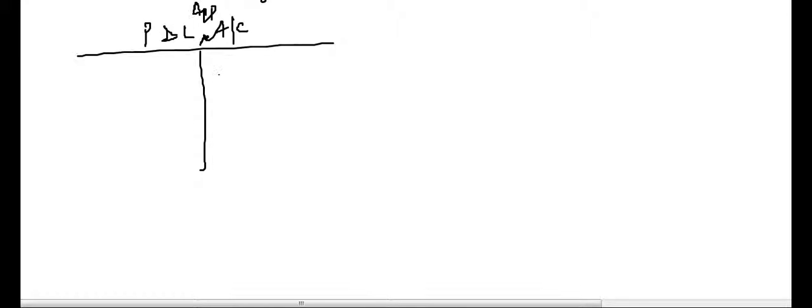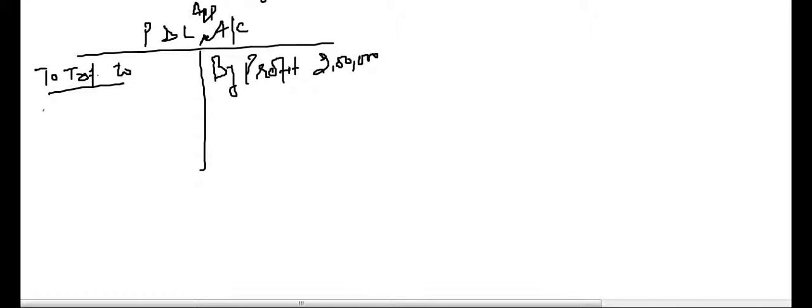In that what they did was, by profit 2 lakh, and they omitted interest on capital and they directly said to transfer to X capital 1 lakh and Y's capital 1 lakh. They forgot about interest on capital,